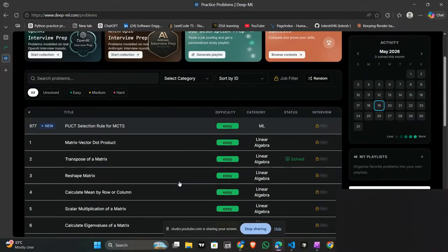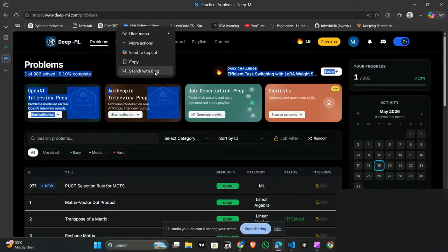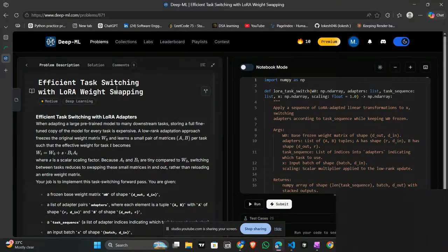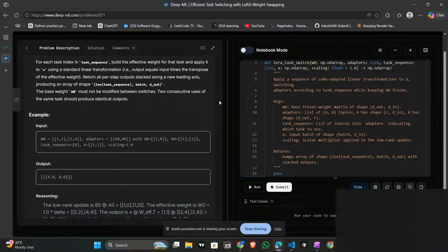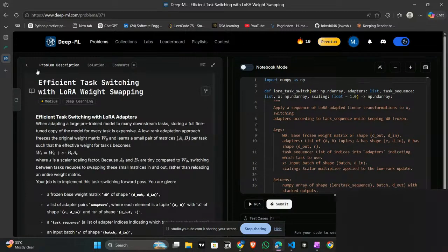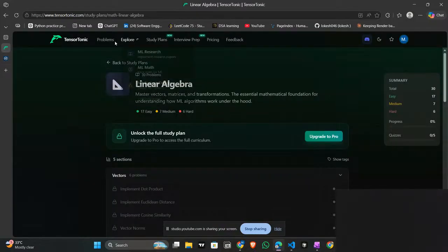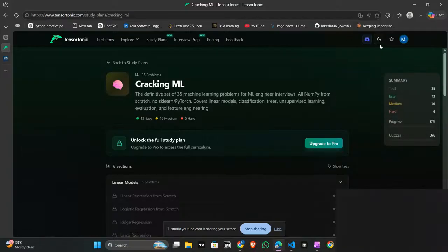Here they also give problems. They have given 1,000 problems. Efficient task switching with LoRA weight swapping. I don't know what all these things are.